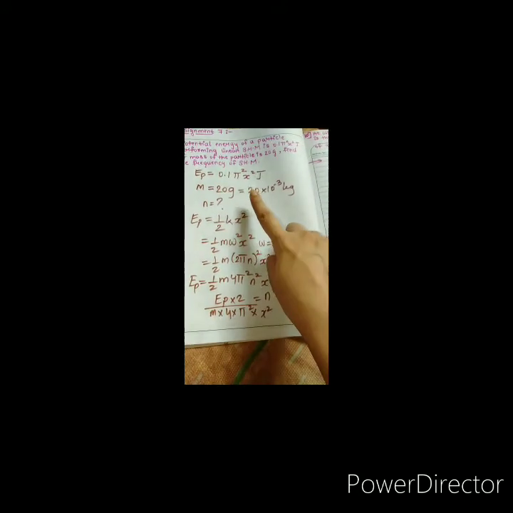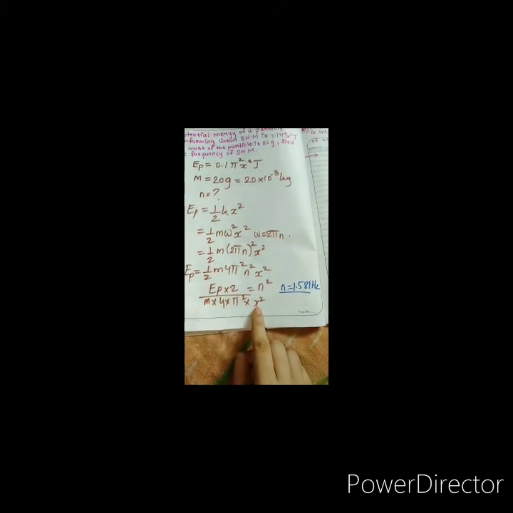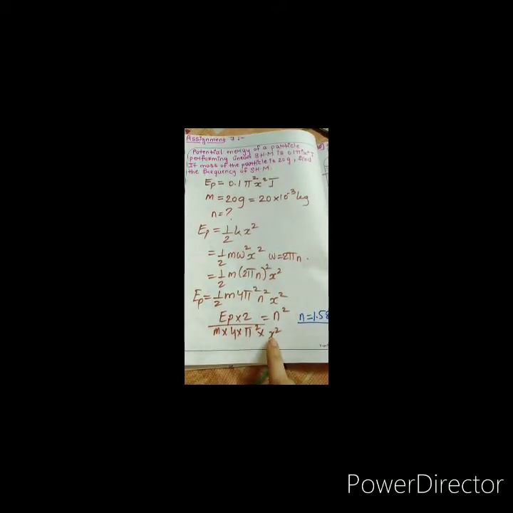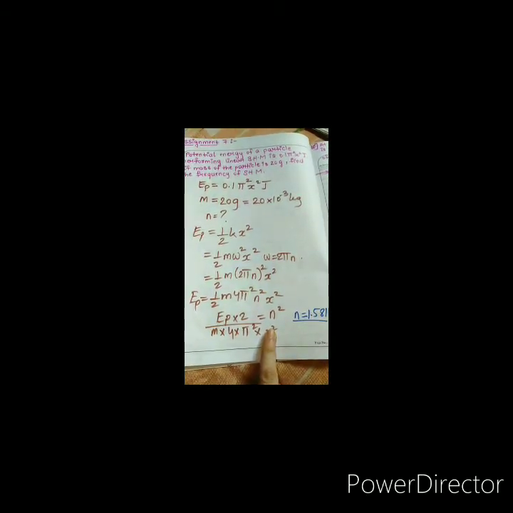Calculate, you have EP with you, here it is, and you have mass, that is 20 into 10 raised to minus 3. x, that is displacement, will of course get cancelled, see it is x square, and you have x square in potential energy, so this x square and this x square will get cancelled. So just calculate and find out the value. Okay, this video is for those who are not able to solve question number 11.